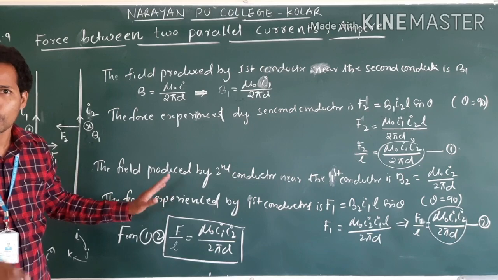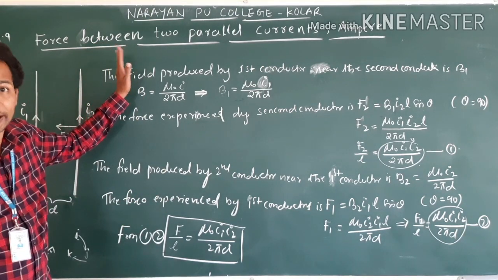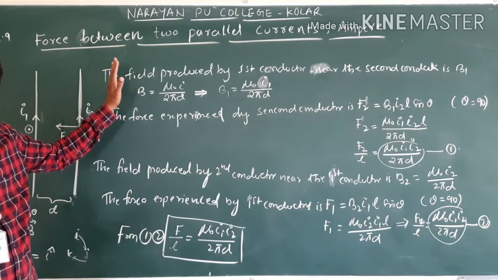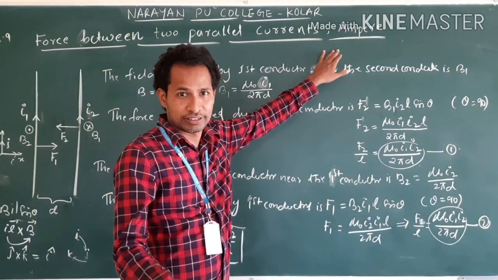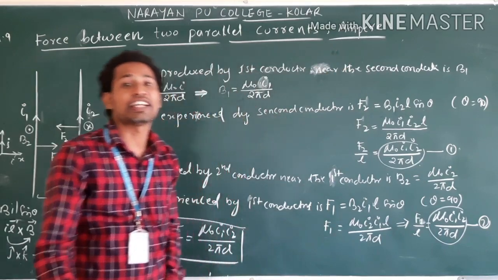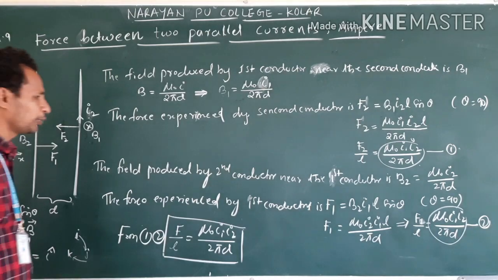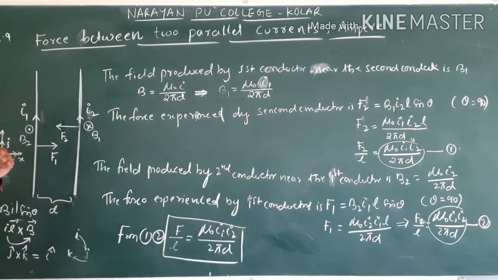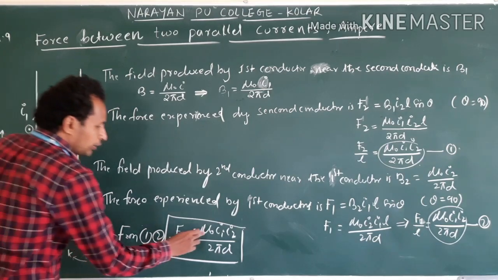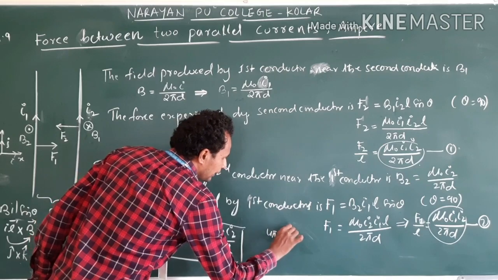In the question, how do they ask is, write the force between two parallel conductors, define ampere. So this was already asked in this year's final examination. Clear? Then how do we define ampere? Very simple. We will take, to define the values, mu naught we already know, 4 pi into 10 power minus 7.